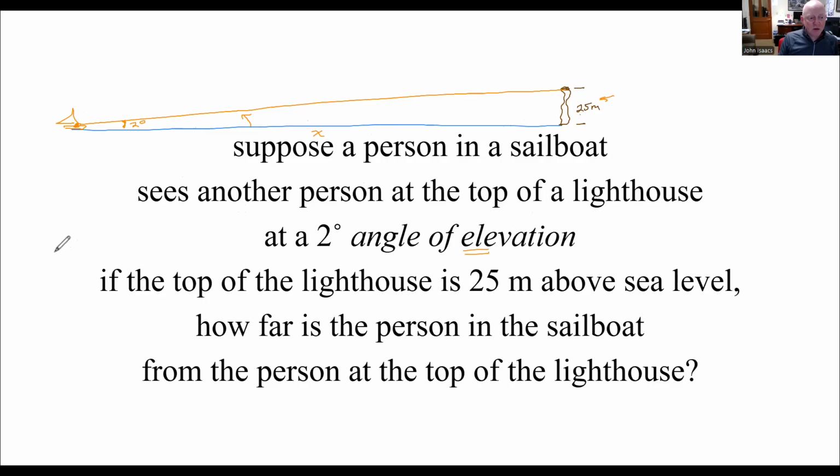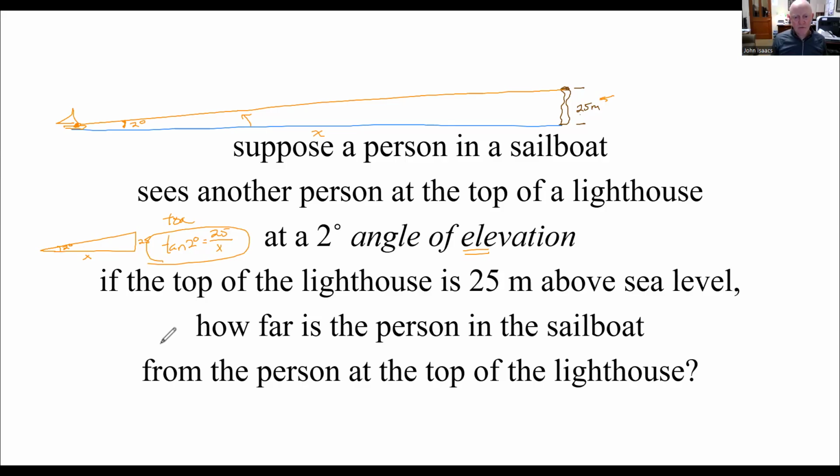So basically your triangle has some shape like this, with a 2-degree angle here and 25 here and X here. And therefore you're going to use TOA, T-O-A, because you have opposite and adjacent. So you have tangent of 2 degrees equals opposite over adjacent. So opposite is this 25, it's opposite the 2 degrees, 25, over adjacent, which is the X, and you have an equation to solve. All right, so it gets you back to homework like you did the night before,